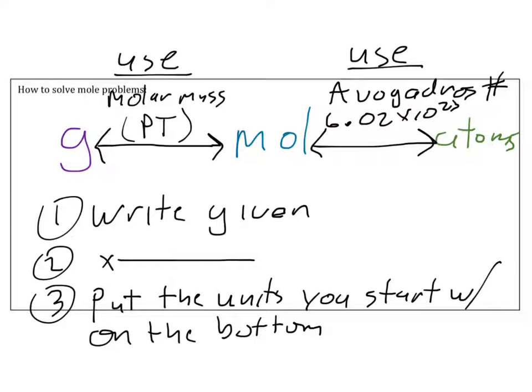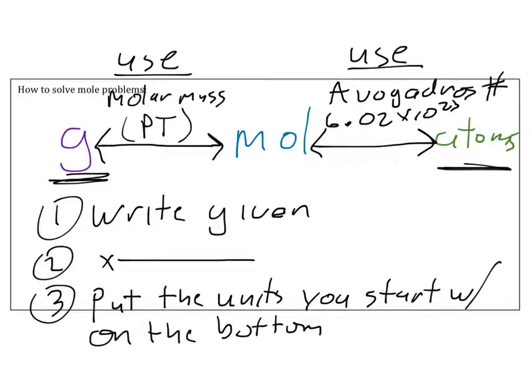And so here's the flow chart that we learned a couple class periods ago. Now if you take a look, we can take grams and convert it to moles. We can also go from moles to grams, and we can go from atoms to moles. We can go from moles to atoms, and that's what we learned in this last video. What we're going to do now is learn how to go from grams to atoms and